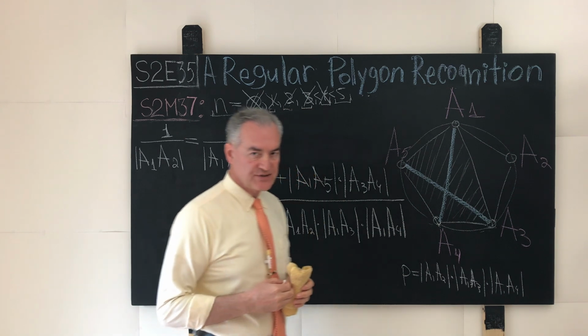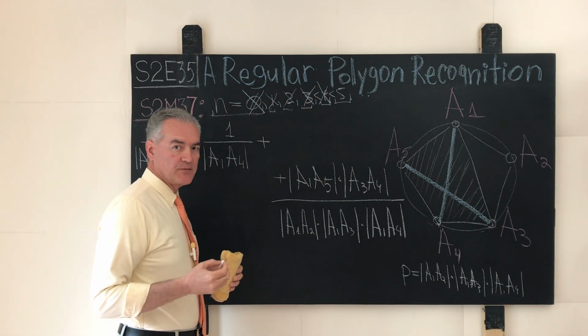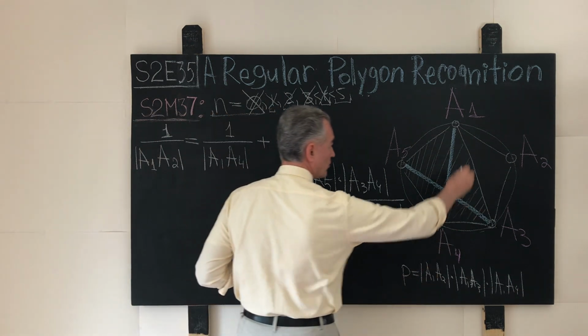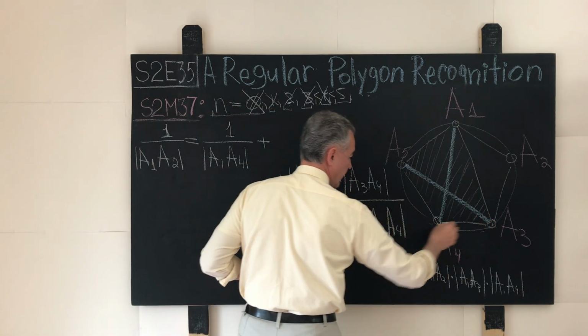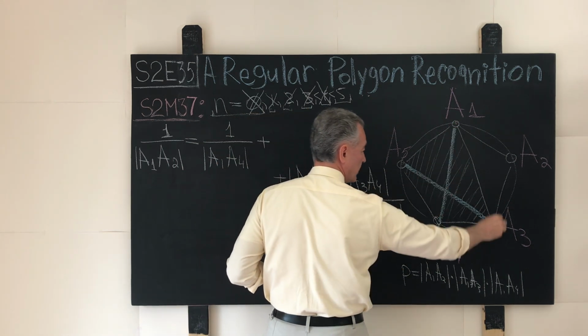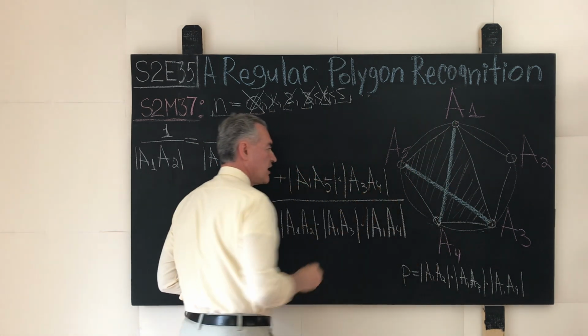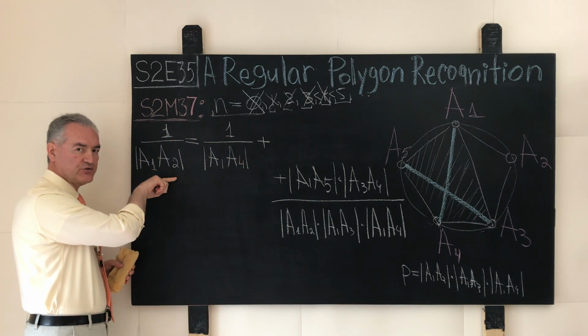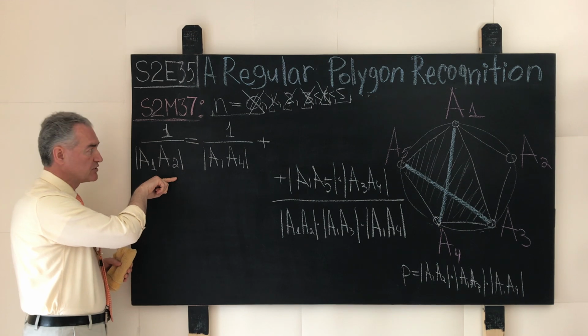Very well, in the previous segment we applied the so-called Ptolemy's equality, or Ptolemy's theorem, to a cyclic quadrilateral whose vertices are a subset of the vertices of a regular pentagon, A1, A3, A4, and A5. And by doing so, we generated the left-hand side of the original relationship that we're given in this problem,